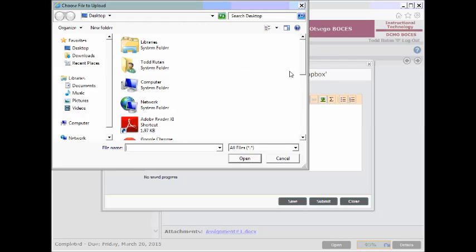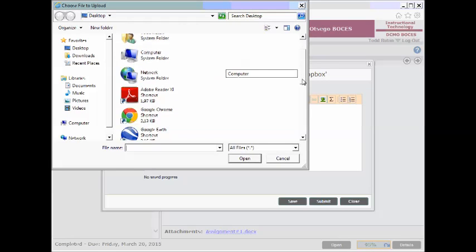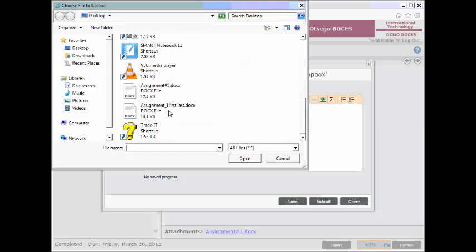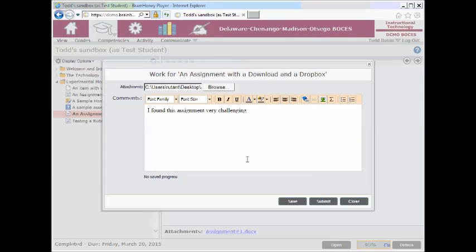So I'll go ahead and click Browse. Again, I should find the new copy of the document that I created and added my name to down here. This was the original unfilled out assignment. This is the one that I filled out and added the first and last name to. So now I go ahead and choose that, click Open, and then when I come back to my BrainHoney